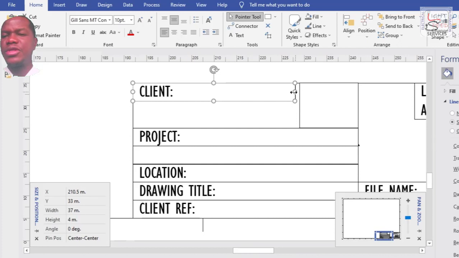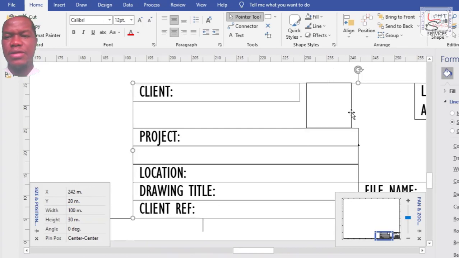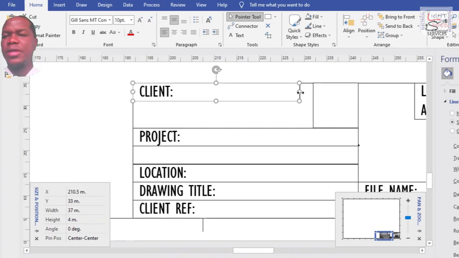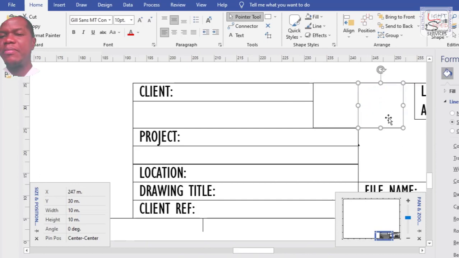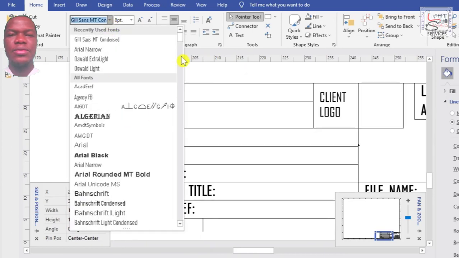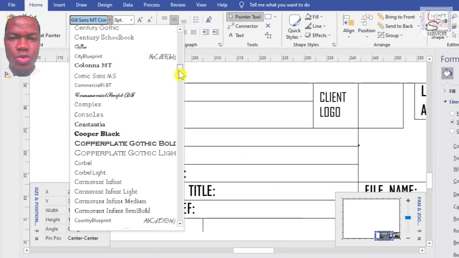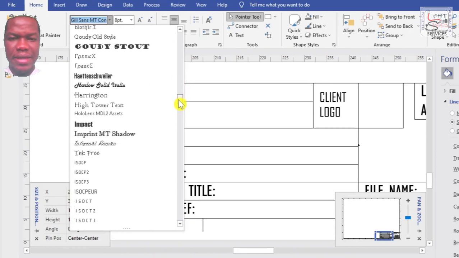Most logos come as a square, so I'm going to make this a square using the size dimension. So it's 10 by 10. All right, this is fine. Okay, yeah. So the client logo will go here, and then the company logo will go here. Since I'm not going to put the client logo yet, I need to write something as a placeholder to indicate that this is client logo. There's a font I normally use, the one that shows only lines with no fill.